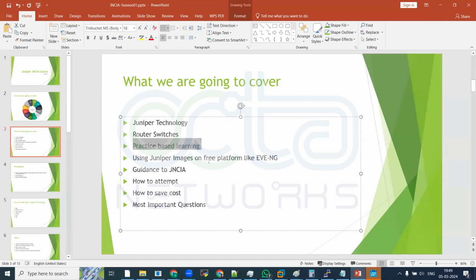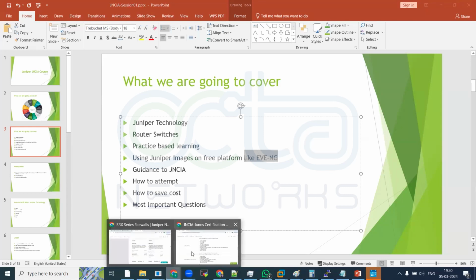Yes. Right? So the same approach we are also going to take in the Juniper training, right? And in Cisco, especially at the CCNA level or entry level, associate level, we have Cisco Packet Tracer. I hope most of you are familiar with the Cisco Packet Tracer. That's a very simple and very easy tool to study on this Cisco platform. But unfortunately, that type of simulation is not available in Juniper. So we have to take this EVNG. You can use GNS also, but EVNG I'm going to show you.